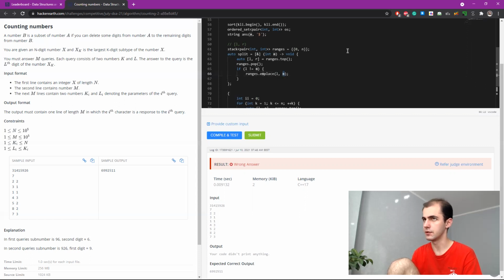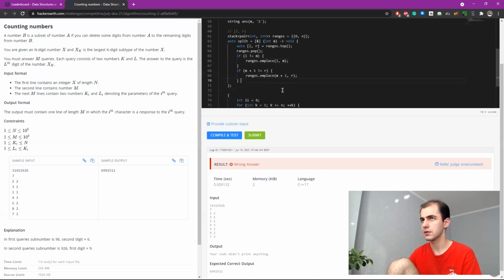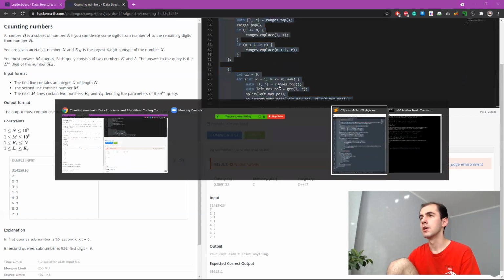Middle is excluded by default. Now, if middle plus 1 is not equal to right, ranges emplace from middle plus 1 to right. That's all we do.